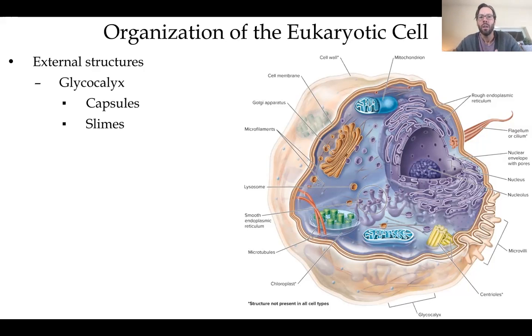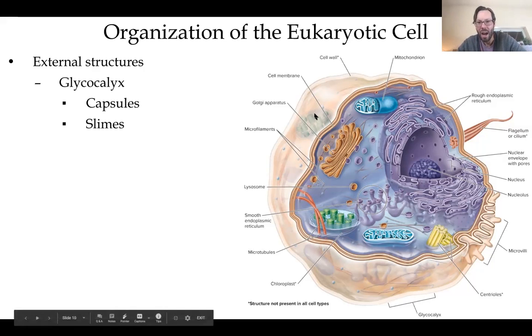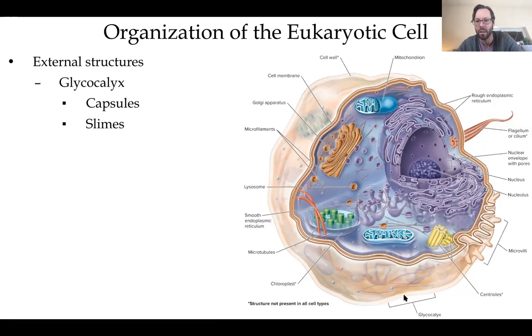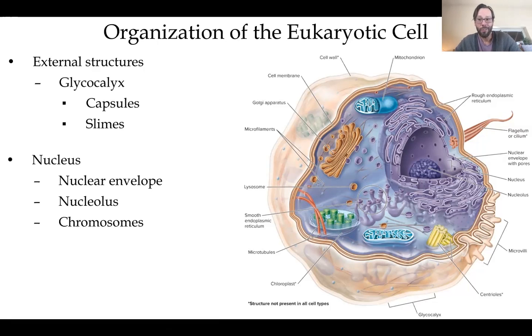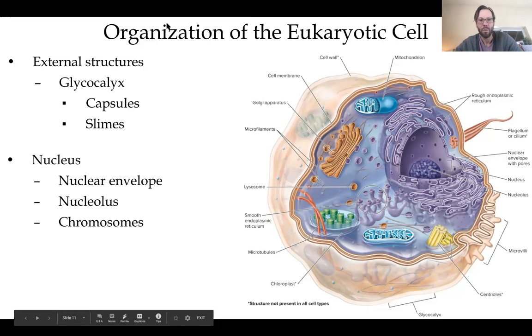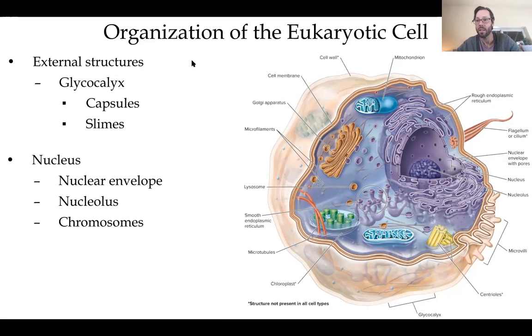And so you will still see things like glycocalyx, right? The slime layer, or what forms the capsule on the outside of the cell. Still has a glycocalyx in some cases. What's different is that now we're talking about the presence of nuclei, right? So that in prokaryotic cells, you just have nucleic acids bunched together in chromosomes. But now we have this nucleus here, and that has all the DNA.